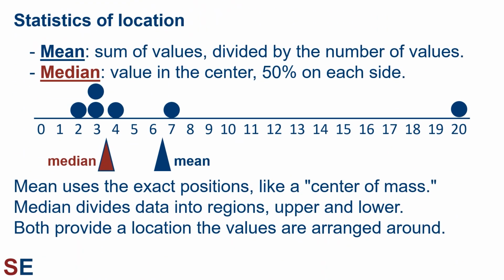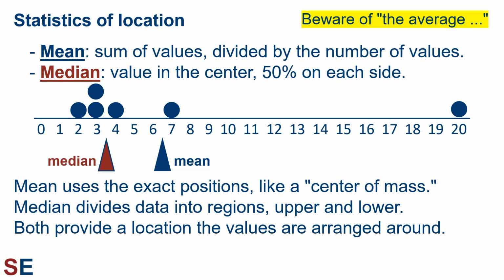Here's the same kind of figure, but now I have a more asymmetric data set with a 2, a couple of 3s, a 4, a 7, and a 20. And now you can see how the median and the mean are becoming a bit more different because the mean is being pulled upwards by that large value, the 20. And this figure illustrates why we must be aware of the average that someone is using. In this case, this value of the 20 is bringing the mean upwards away from the median, and the mean no longer represents where most of the values are because of that extreme value.